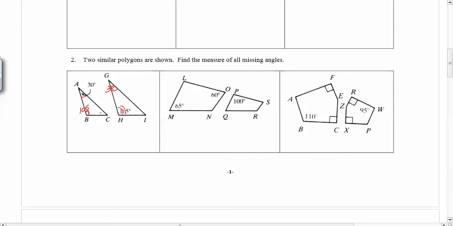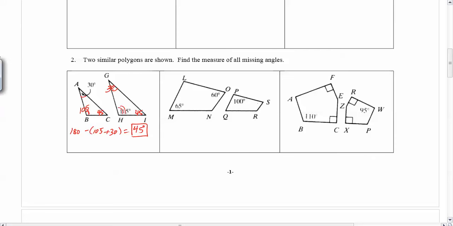And then to get the remaining angles, well, it's 180 degrees in a triangle, and if you subtract the 105 and the 30 put together, you'll get, I think it's 45. Let me check. Yeah, it's 45. So 45 degrees here, 45 degrees there. Okay. In the second one,